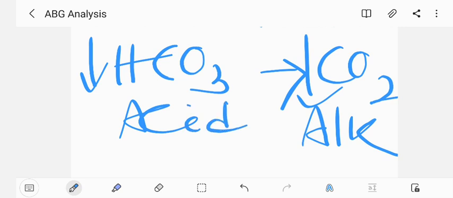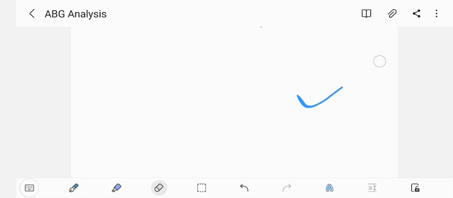Now, I think you have cleared your concept that whenever there will be decrease of bicarbonate and increase of CO2, or whenever CO2 will decrease or bicarbonate will increase, this type of thing. Okay, now see one important thing: when I have said that in case of decrease in bicarbonate there will also be decrease in CO2, how will you consider it? Is it metabolic or respiratory alkalosis, or respiratory acidosis, or metabolic acidosis?